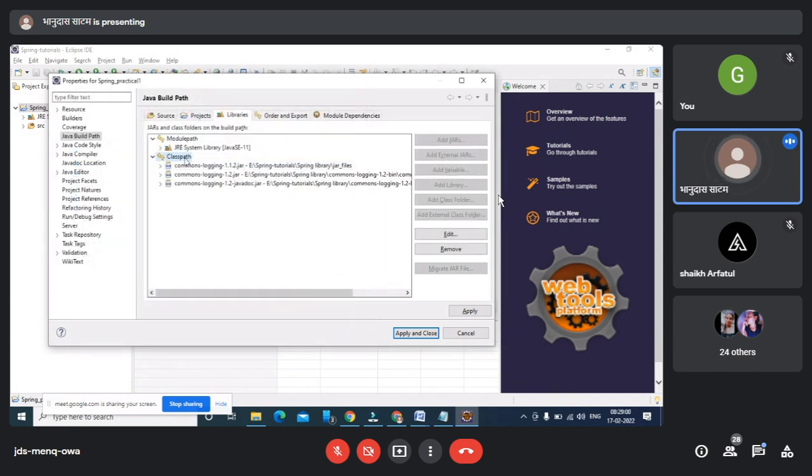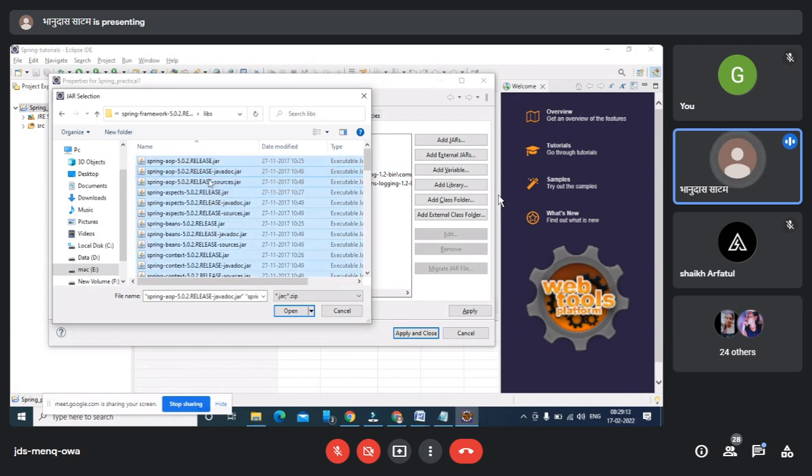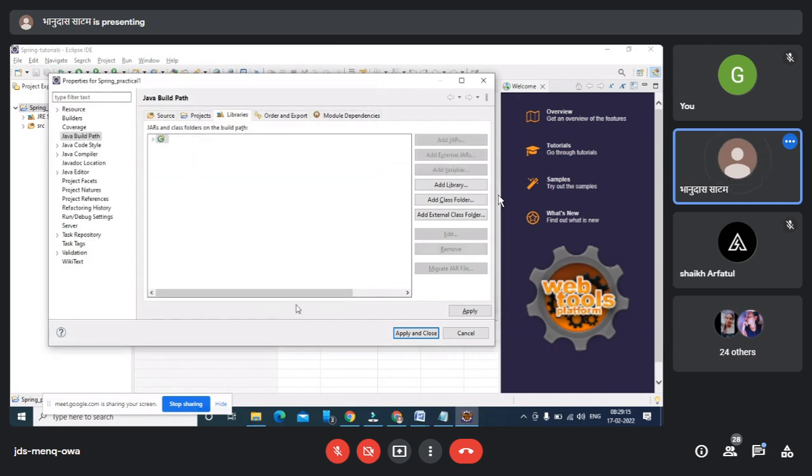The third jar I'm going to add by choosing classpath again, and that is the Spring distribution library here. So this is our Spring distribution libs, and under that I'm going to add all those libraries.